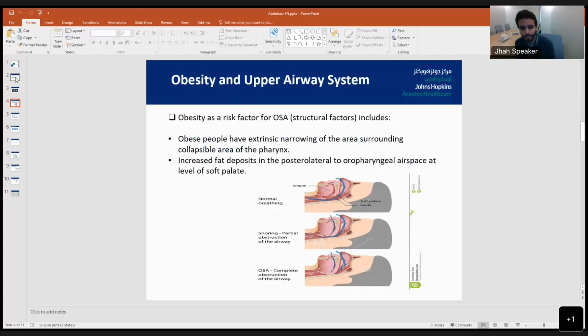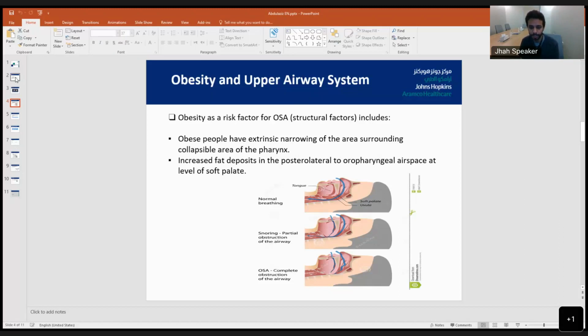Obesity and upper airway systems. So what are the effects of obesity on the upper airway system? Obesity is a risk factor for OSA. Structural factors include that obese people have extrinsic narrowing of the area surrounding the collapsible area of the pharynx. This is factor number one. Number two, there is an increase of fat deposition posterior lateral to the oropharyngeal airspace at the level of the soft palate. Both of these two factors are associated with obesity. Those two factors cause cessation of breathing, or sometimes cause reduction of air movement during sleep,